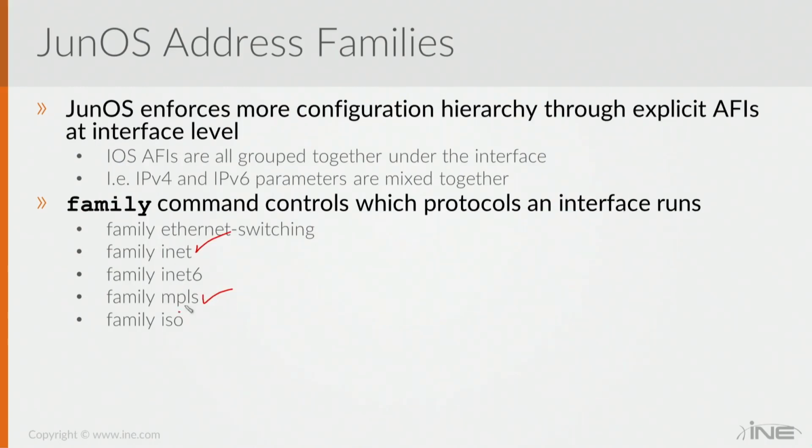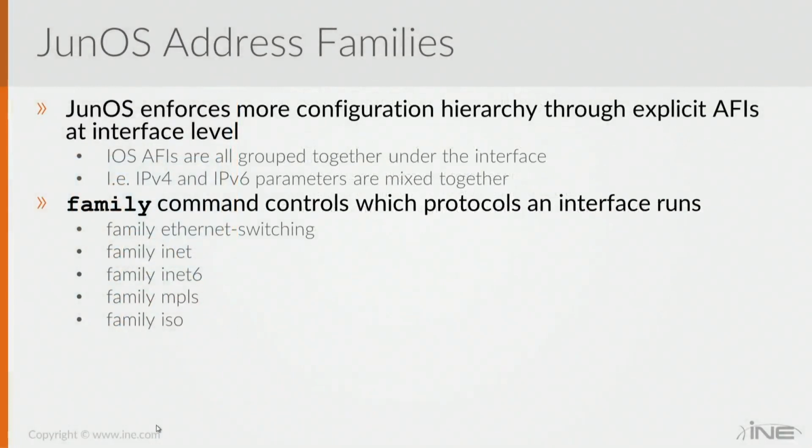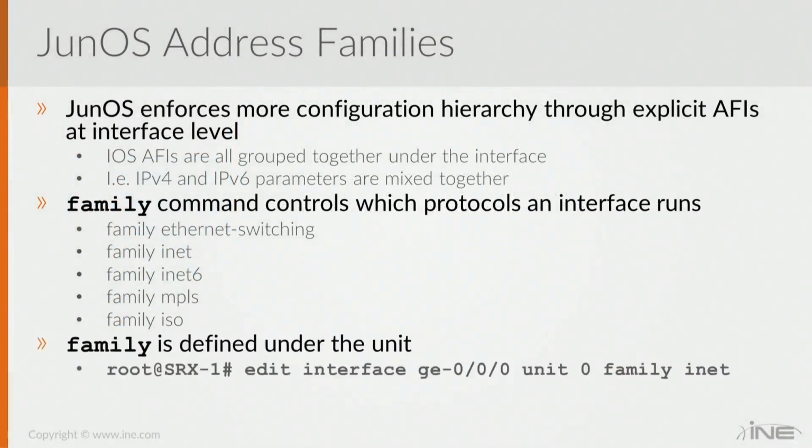Or in the case of ISO, if we're doing IS-IS routing, we would need to enable the ISO NSAP address, which is the network entity title, essentially the router ID for the IS-IS process. Now, from a hierarchy point of view, the family goes under the unit, because different units, different subinterfaces, can have